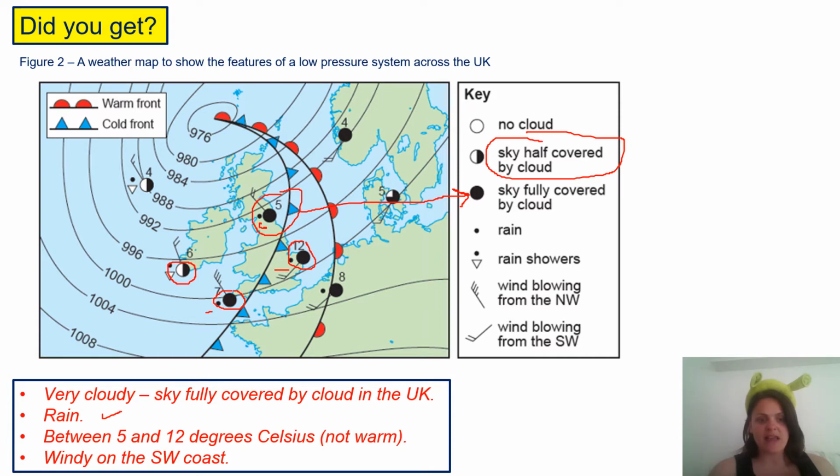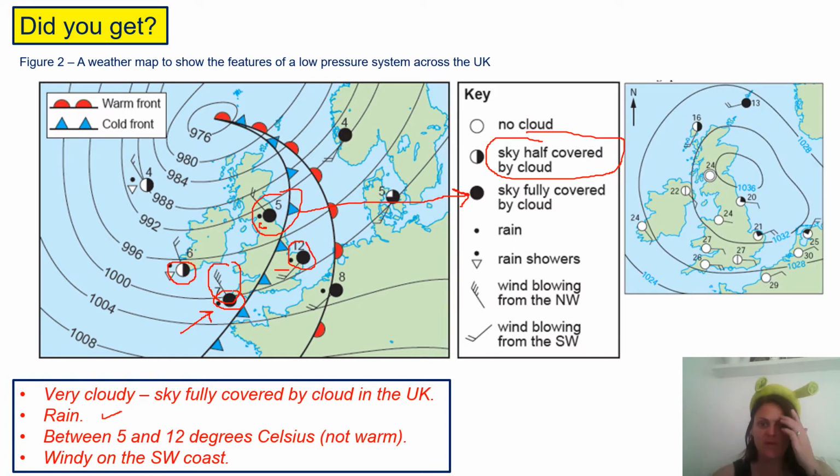And then if we look down here, right down in the southwest, we can see that it is the most windy, because this wind symbol has the most feathers on it. Now if you remember from the high pressure lesson we did, we looked at how windy it would be looking at that symbol. So if we have a look at this example here, this is one we used for our